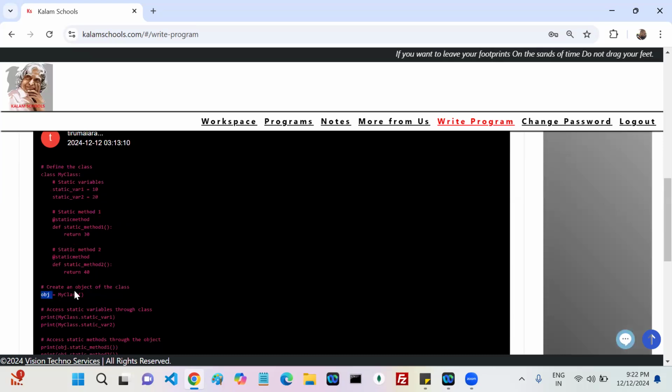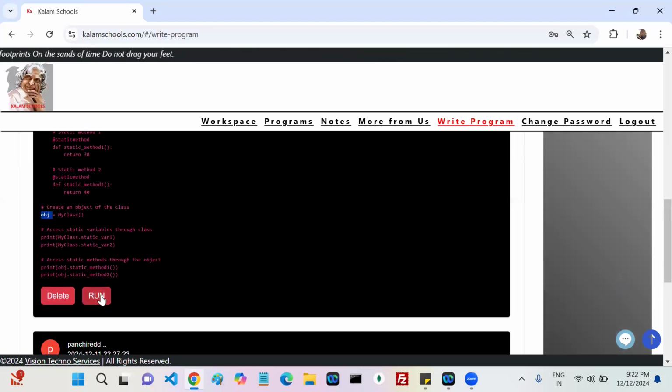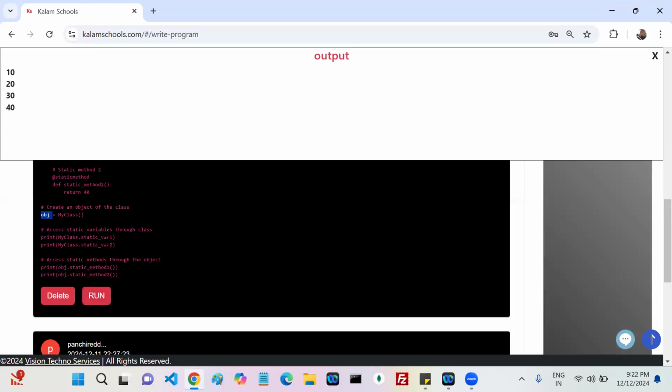Kamala, you also did the same thing. Okay, you created an object. I said static variables and static methods. If you use static variables and static methods, it is better to go with the class name instead of an object. Now it is working, but